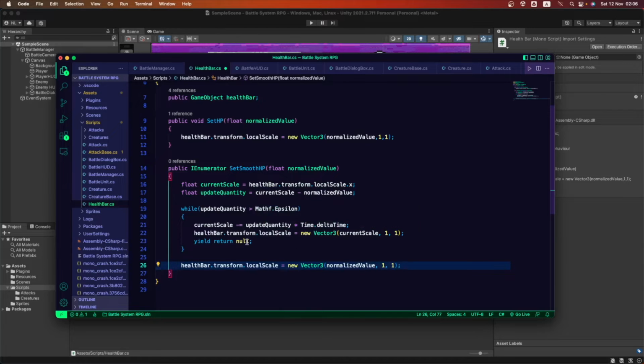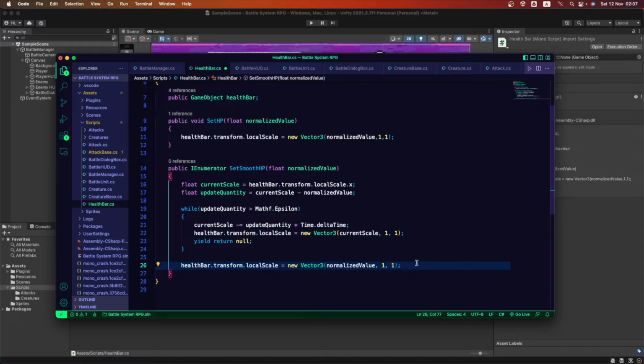So when we get out of this loop, we want to go into here. This is the math that is gonna make this bar update dynamically. We're not gonna be calling or referencing it here. We're gonna be doing that in the battle manager. So we're gonna save this up because this isn't gonna work yet, because we have no math to decrease health points in the battle. We're gonna save this and call it in a bit.